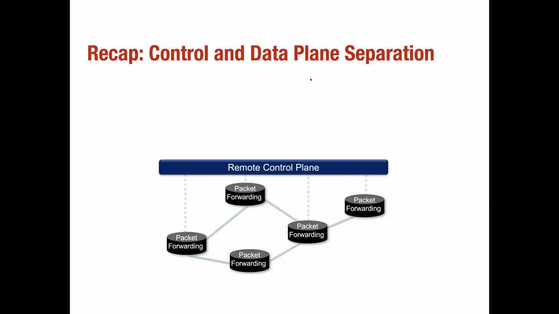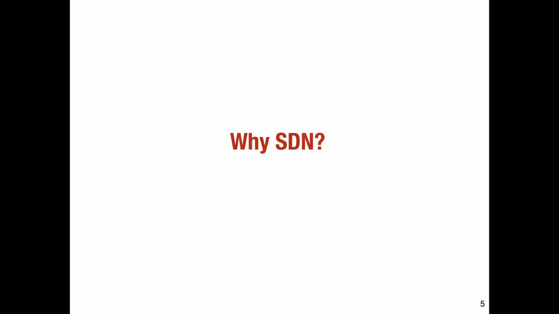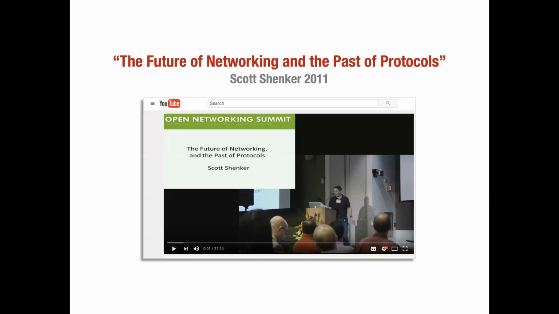All right. So now we will ask this question about why software-defined networking was required in the first place, right? Why do we need these set of abstractions where we have to separate the control and the data plane? Why do we need a network operating system? And other forwarding abstractions that are part of software-defined networking. So this class will be hinged upon the lecture that was delivered by Scott Shenker in 2011 at the Open Networking Summit.